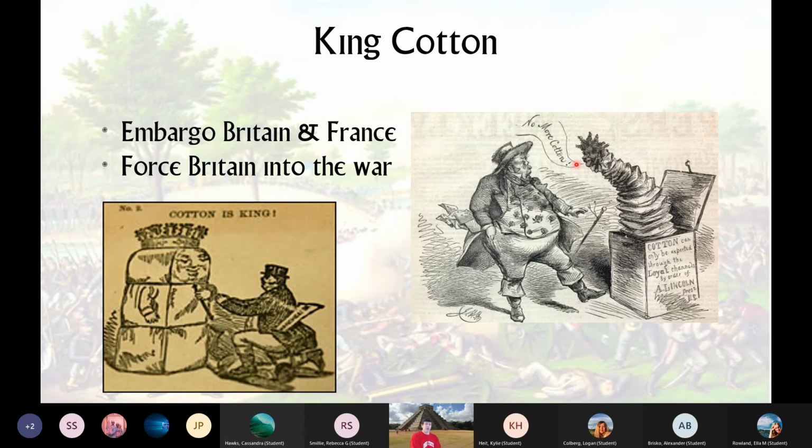Instead, by not trading with Britain for a year, by the time they realized what a disaster King Cotton diplomacy was, it was too late. The Union had built a navy and were blockading the South. This was a disaster. Foolish hubris by the South. If they would have not done this, they very well could have won the war. And we would have a totally different course of history. Let's just put it this way. You wouldn't have to be worried about the AP exam, as you know, because it would be totally different.